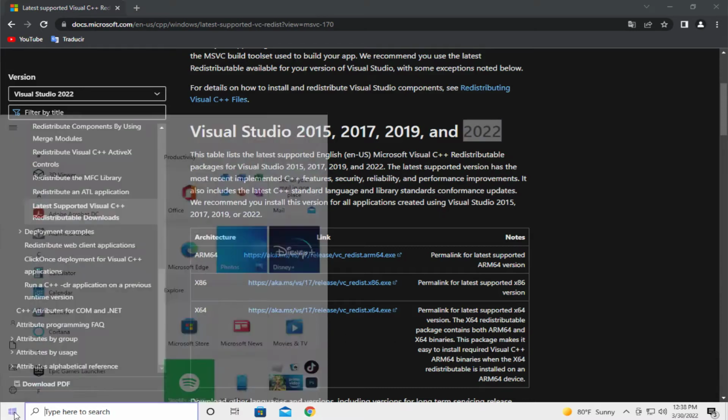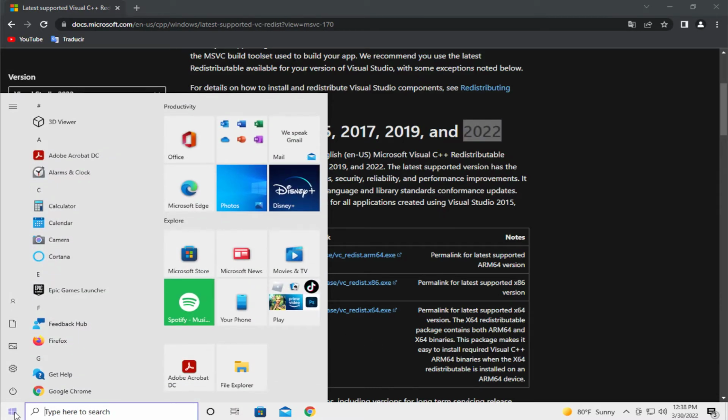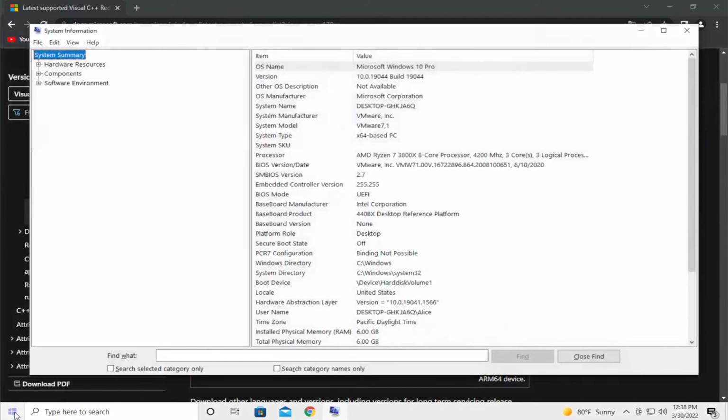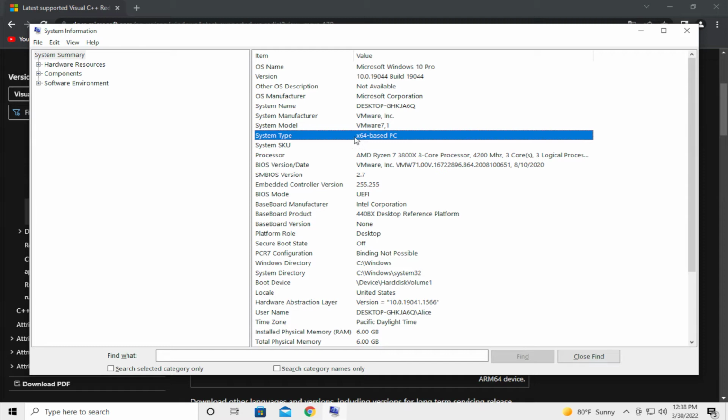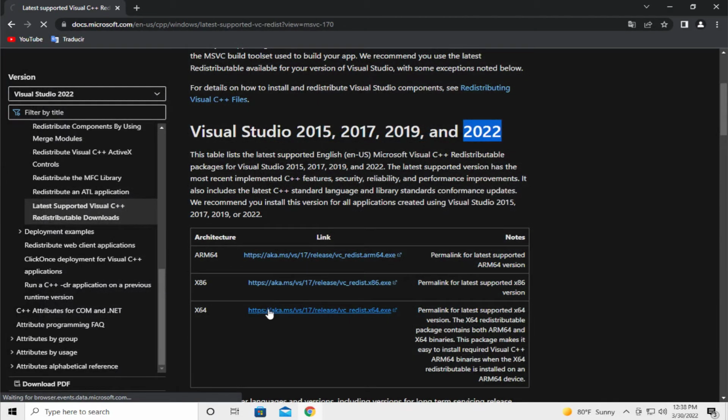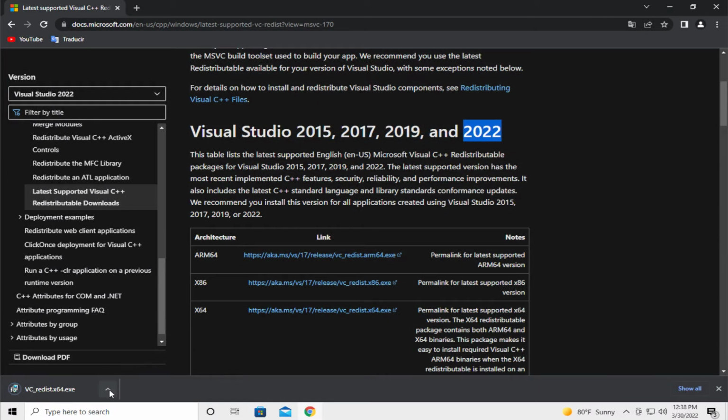To check, go to the start menu and type system information, and you can show your system based PC. In this case it is 64 bits, and select your download and wait a moment. Click on show in folder